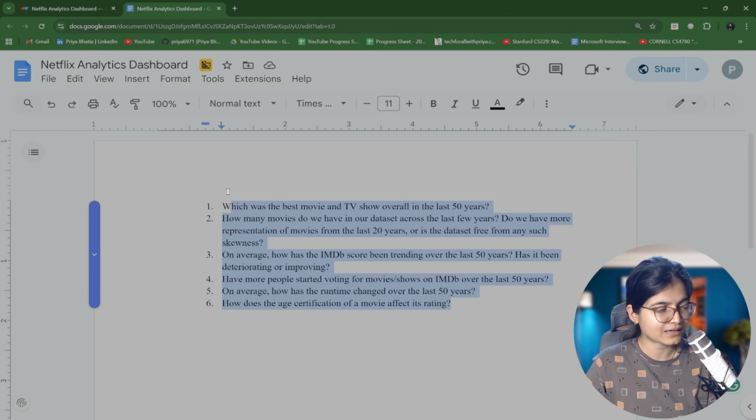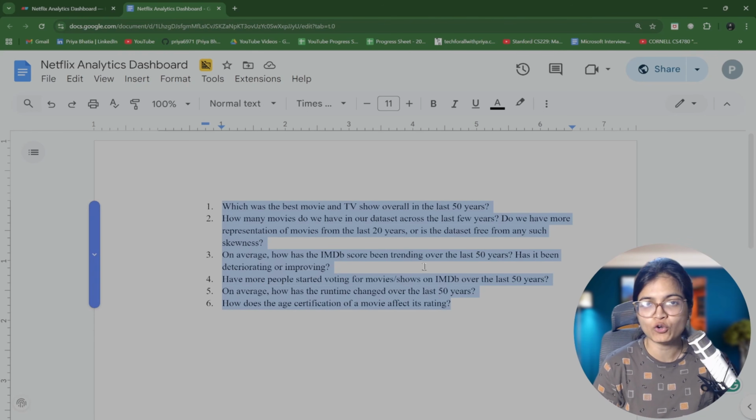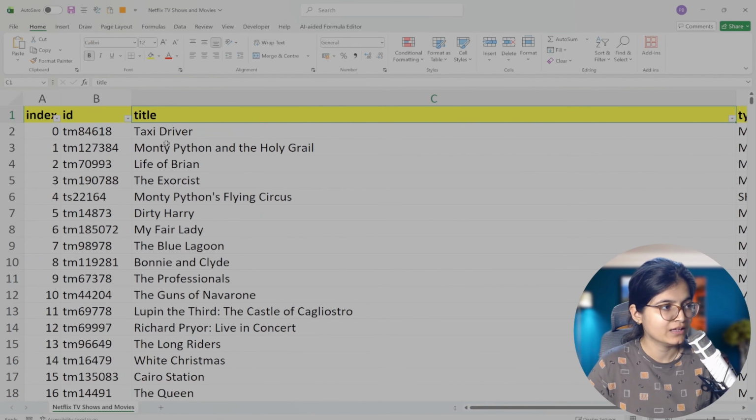So these are the kinds of problems which we have to take care of when we are trying to analyze our data. And obviously when we explore our data, if anything apart from that is giving us a very good insight in terms of creating revenue overall, definitely we will put that also in our dashboard. Now this is the overall problem statement, and you can see over here we have the features like index,